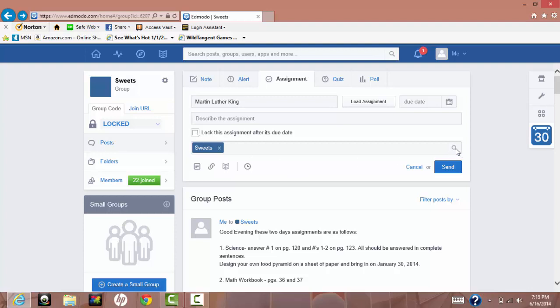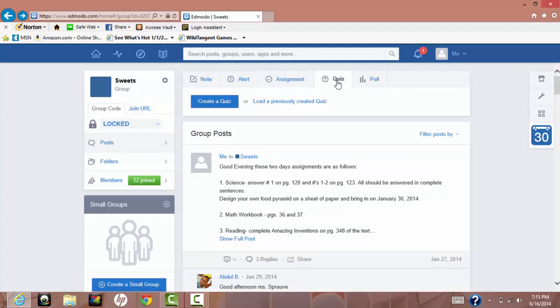And then again, I go to my search, I look for my group, which is Suites, and then I send this out, and again, it sends them a mass email about the assignment, the description of the assignment, and what is expected of it. Here, I also have the option to create a quiz or load a previously created quiz. So I can click on create a quiz,